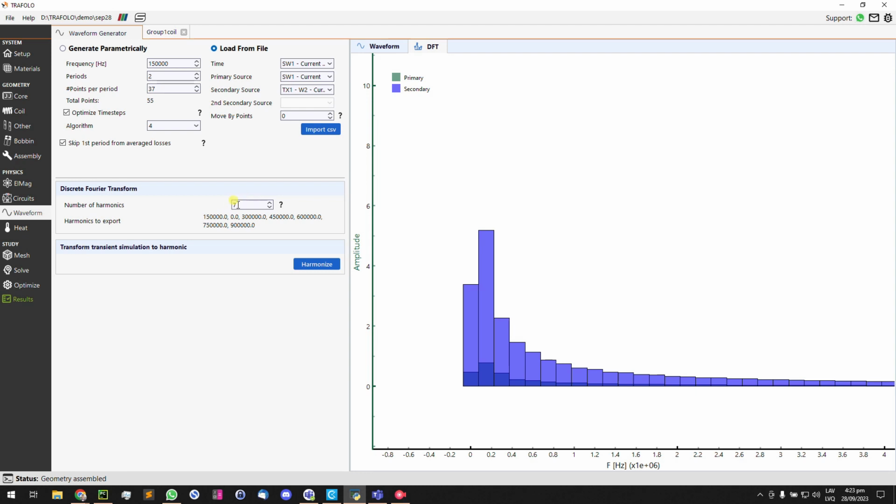If you have more questions, we can discuss this after this webinar. But the idea is that yes, you have to tell what is the accuracy of your loss resolution for windings. Additionally, if you click on this button Harmonize, the software will break your simulation into a harmonic simulation. So it means that instead of transient simulation, it will solve it in harmonic notation using complex numbers. And for a flyback transformer, you should not do that. But for some other